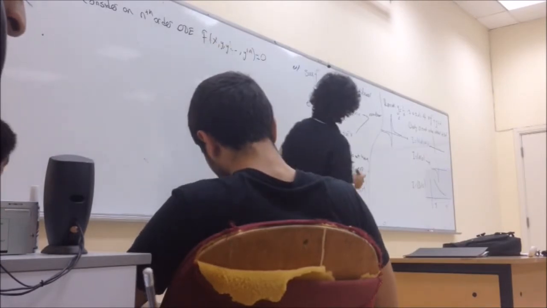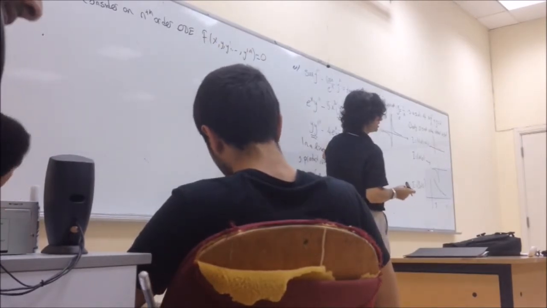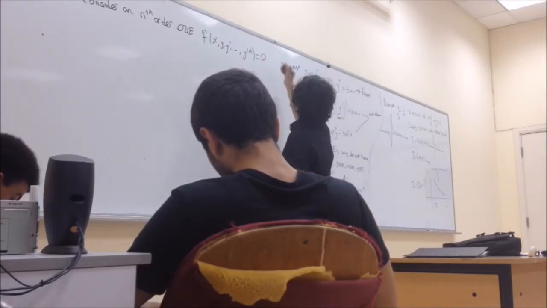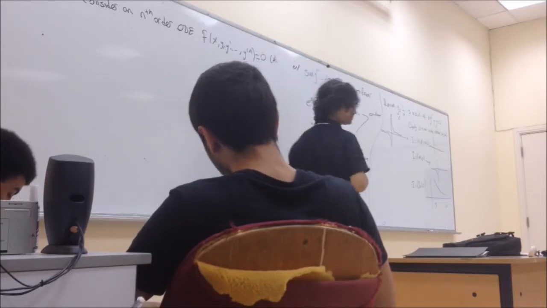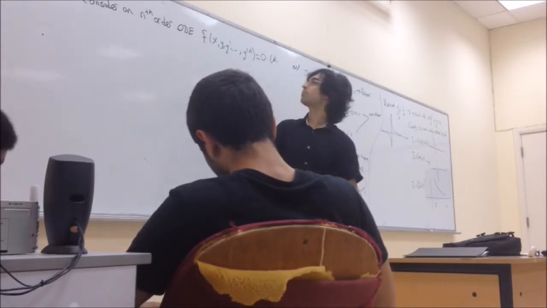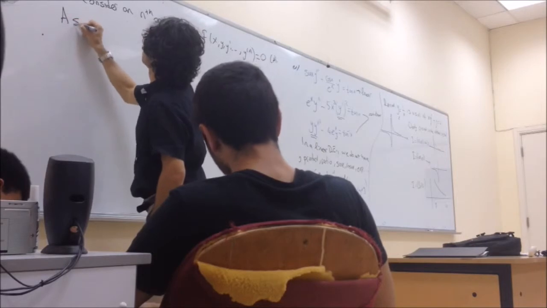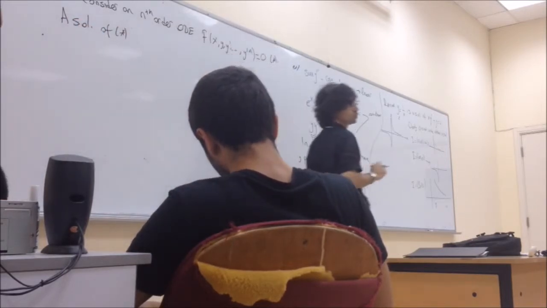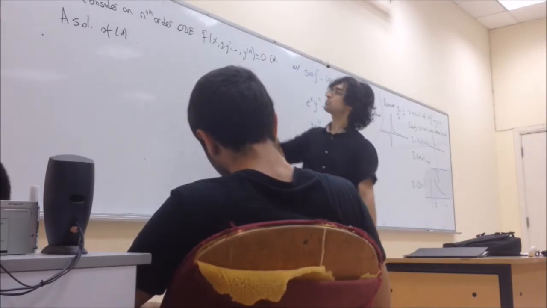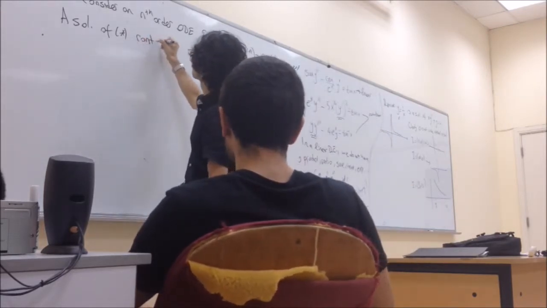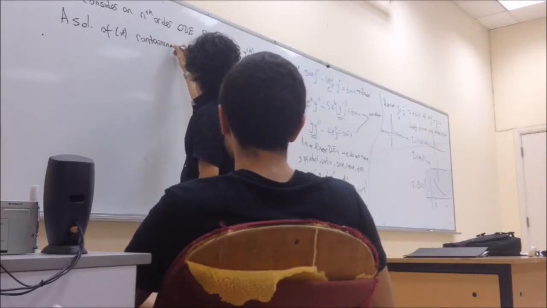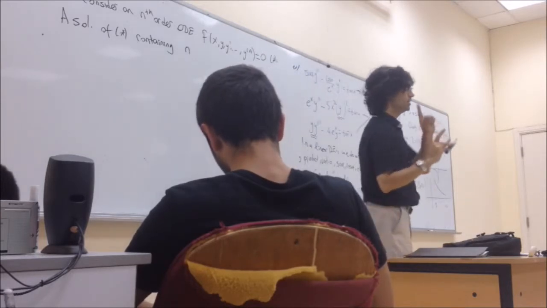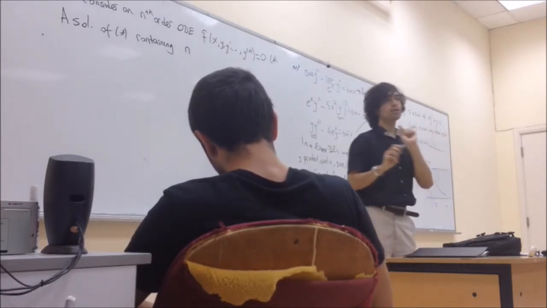So for example, in this case, if we put tan inverse x to the other side, then it would be this one, the whole thing. Let's go back to this slide again. Now, a solution of this equation, a solution of star, containing n, where n is the order here, arbitrary constants